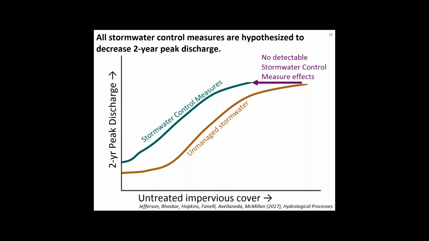But then as we're treating more and more of that impervious cover with stormwater control measures, and in this case, we're thinking all of the stormwater control measures will behave similarly, then we're getting this reduction in peak discharge. And the way we were expecting this to occur is that this return curve for the stormwater control measures might not be the same as when our original development was happening, and we might not return, even if we're treating all the impervious cover in the watershed with stormwater control measures, we might not return exactly to where we started